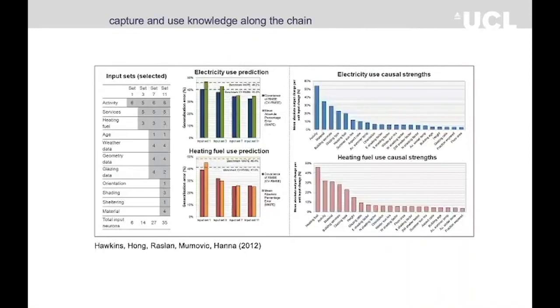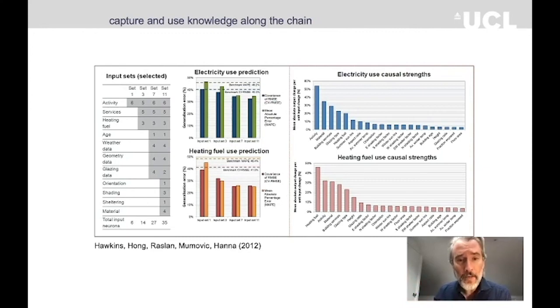David Hawkins' work looked at using actual post-occupancy data of energy use in real buildings. He was able to train a neural network to estimate energy use that was dependent on factors that are actually under the control of the designer, like glazing or building orientation. And the predictions were between 25% and 40% more accurate than existing benchmarks. So this is both of these